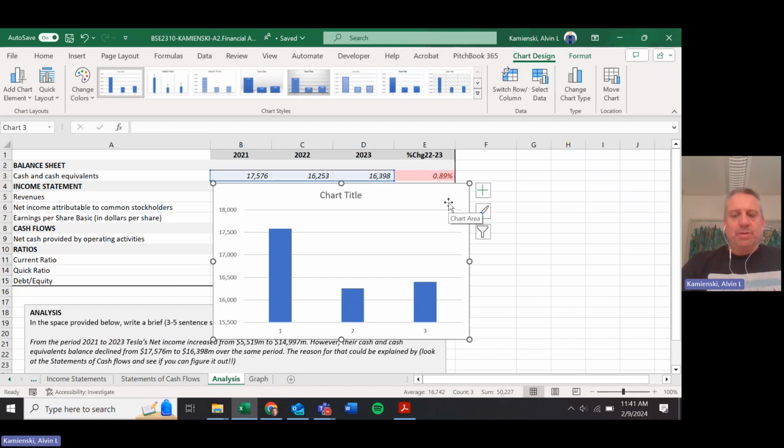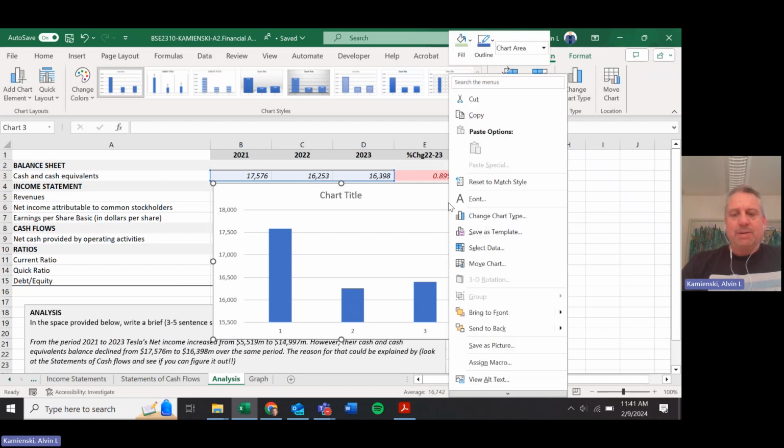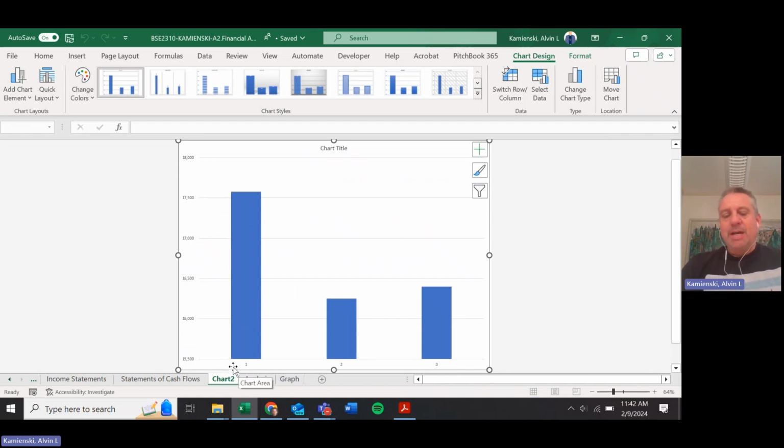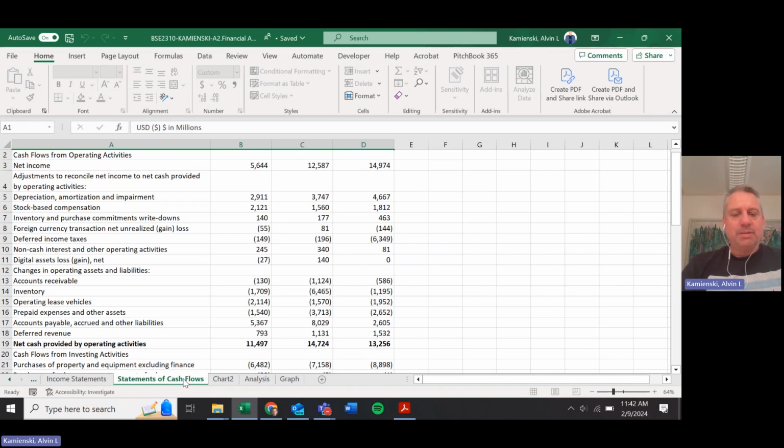I'm going to move my cursor onto this graph and right mouse click because there should be an option for Move Chart. And when you move the chart, we're going to move it into a new sheet and give it its own standalone sheet. Now I'm going to caution you, and I'm going to go back really quickly to this tab,